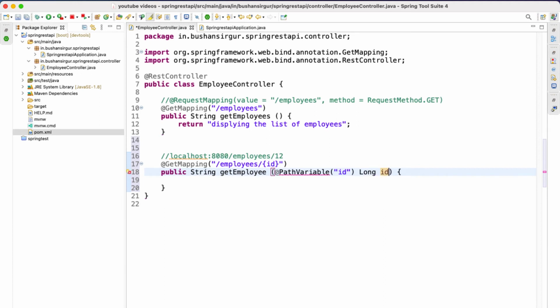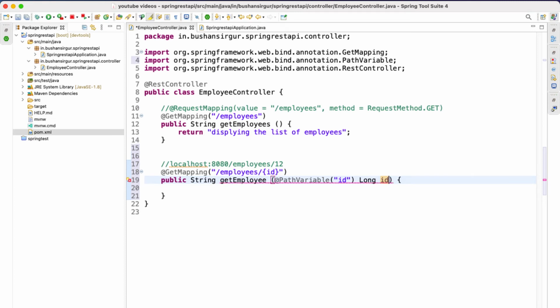Let's import the @PathVariable annotation, and now we are going to return a text, fetching the employee details for the ID, where we concatenate the id.